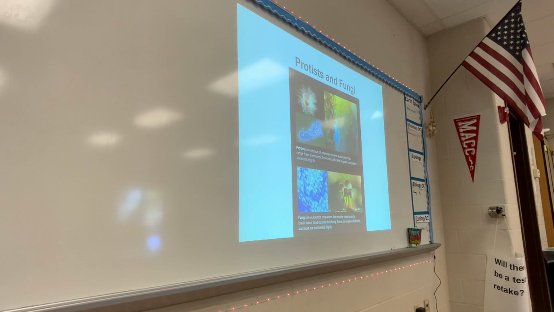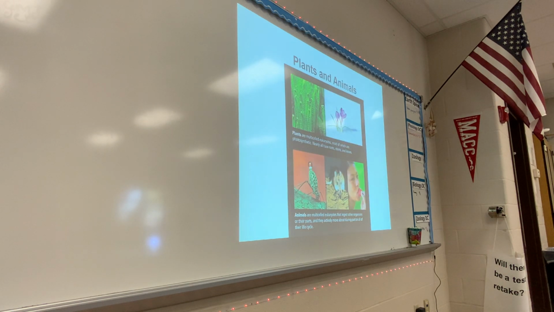Also interesting, sea kelp, like the really long kelp, those are not plants either. Those are actually put in the protist group. So even though they look like plants, they are not. Just because something appears to be one way doesn't mean that it actually belongs in that group. Appearances can be deceiving. Plants and animals are a little bit easier, especially the animals, although even that can be a little bit confusing. Sponges, for instance, for a long time were considered to be plants, but they are actually a very primitive type of animal. And in my zoology class, that is the first animal group we start with, sponges.